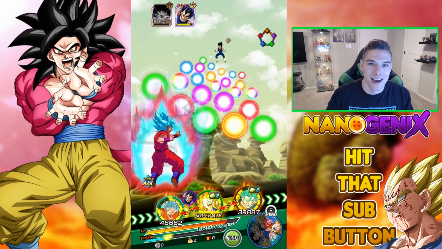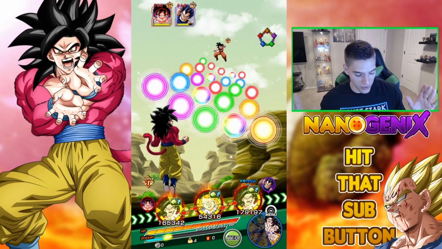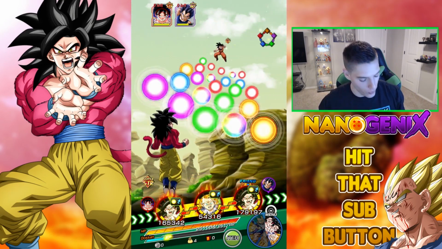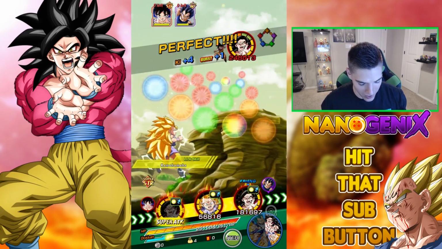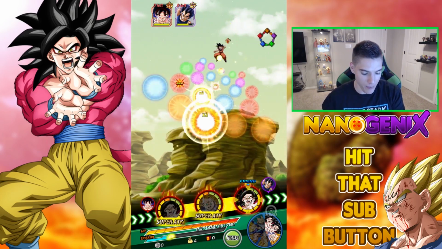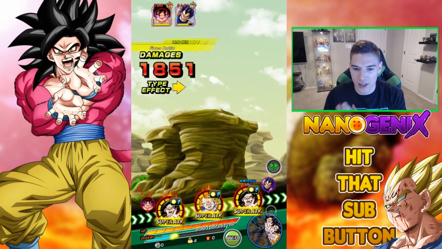Let's now see what it does over on a double SSJ4 Goku team. Here we are with our SSJ4s, the exact links as we were before. The only difference, SA10 now versus SA1. Here we go. Let's see what we're looking at, guys. Before, about 710,000. So this time we're looking at